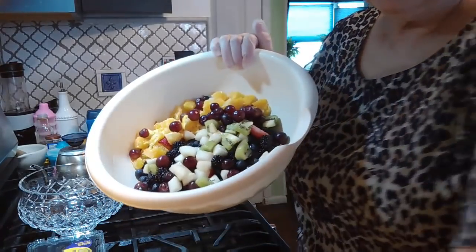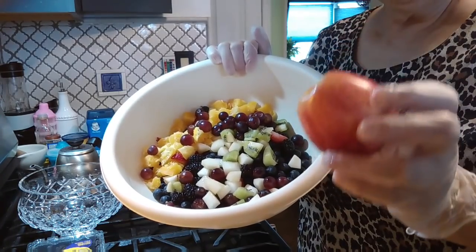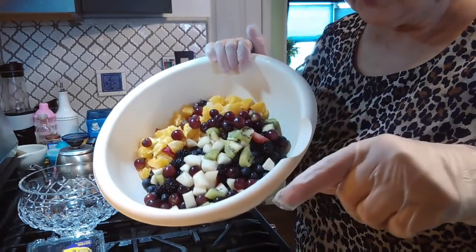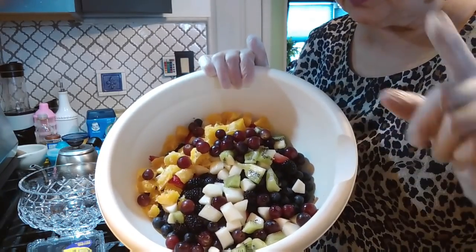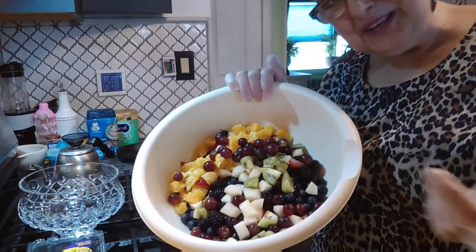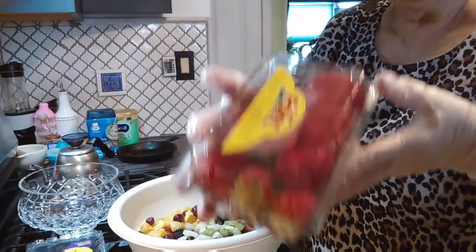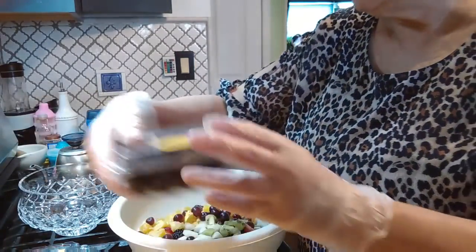And I have 3 of these small Gala apples, and I did scrub them real well, and then I cut them with the peeling still on them. And I have 1 pear. I would have put 2 pears, but I think Husani took 1 for his lunch, so there was only 1 left. I do have mangoes in the window, but they haven't ripened yet, so there's not going to be any mangoes in here. And then I have 1 container of fresh strawberries, and 1 container of fresh blackberries, and 1